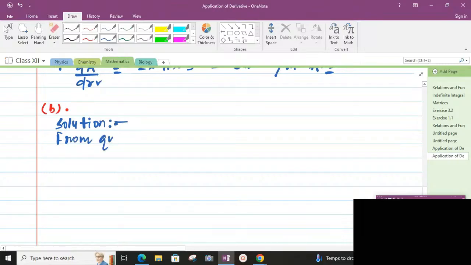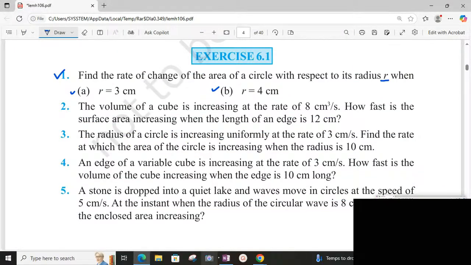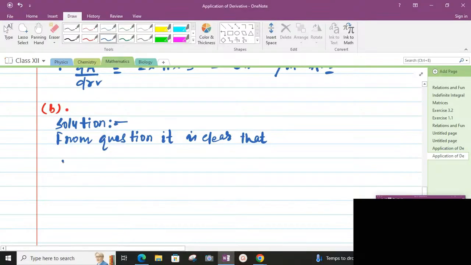So here r equal to 4 centimeter, and it asks us dA by dr equal to what. So we write down here, we know that